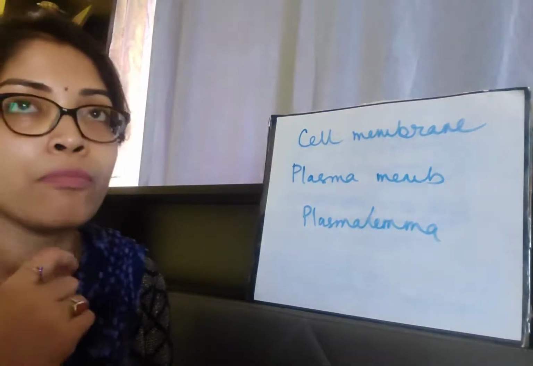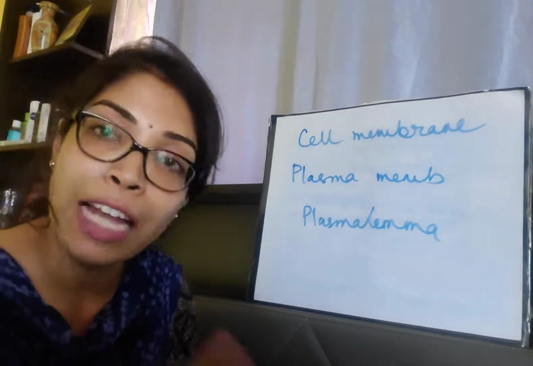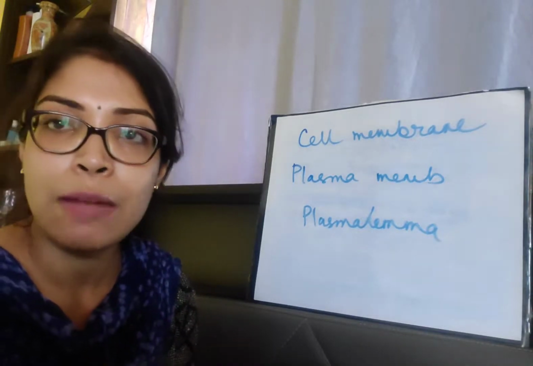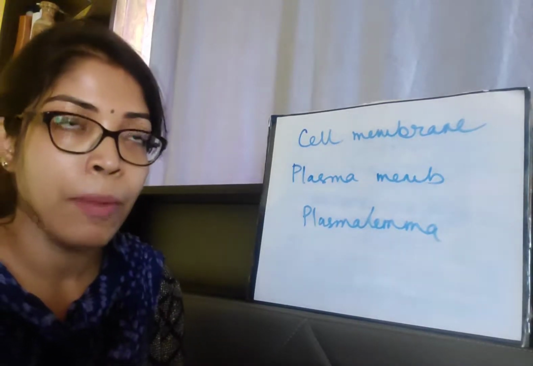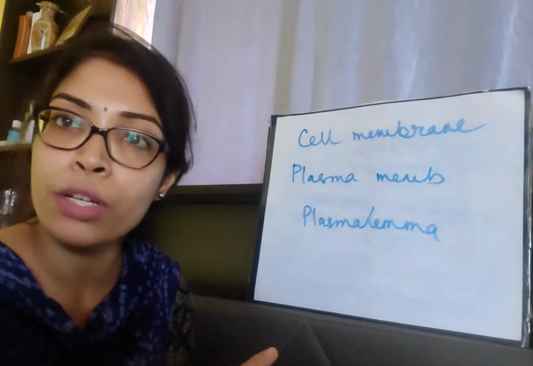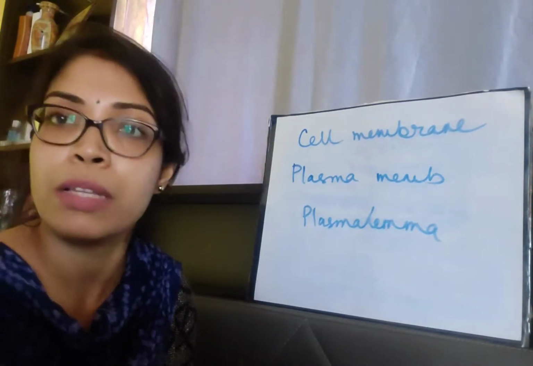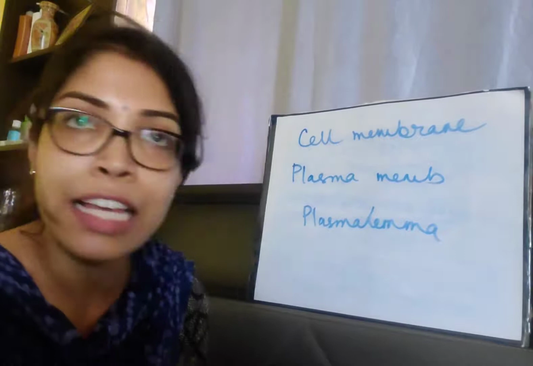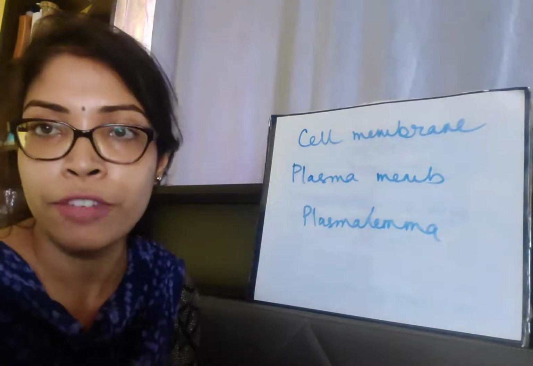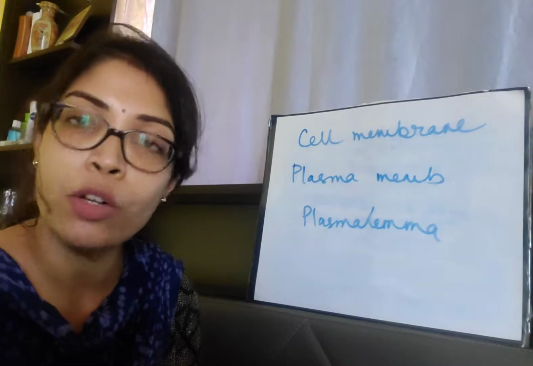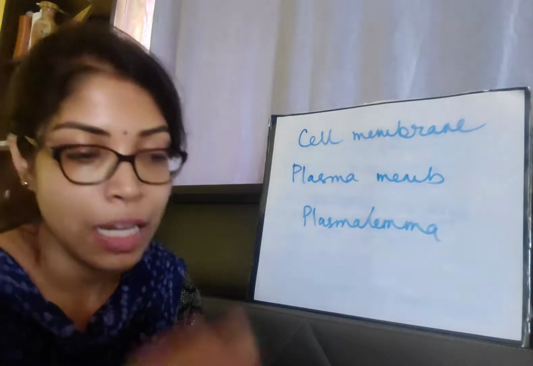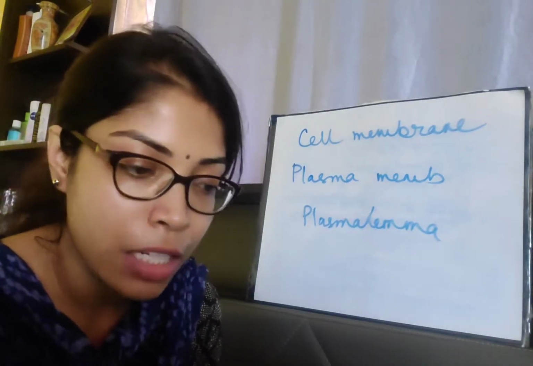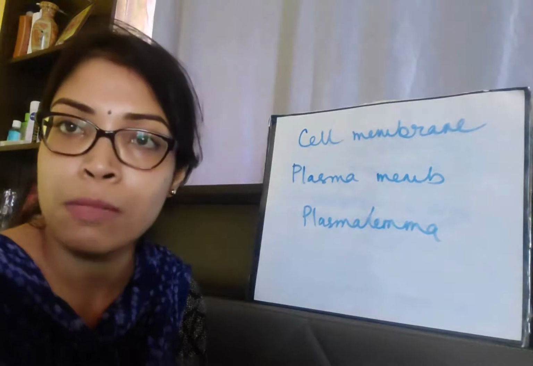So this is very much true about animal cells, because they do not have the cell wall, and the only cell covering is the cell membrane. So the only partition between the inner components of the cell and the external surroundings of the cell is only the cell membrane. In case of a plant cell, there is a cell wall outside of the cell membrane. So in that case, the cell wall is the outermost covering, but in case of an animal cell, the cell membrane is the only covering. So it separates the cell content from the external environment, and is known as cell membrane or plasma membrane or plasma lemma.